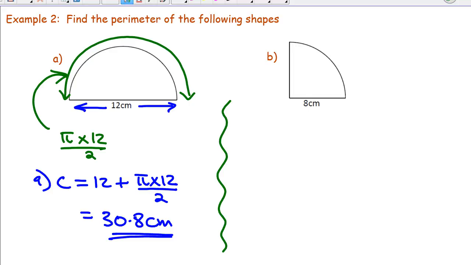Now in B, what you'll have to do is, again, inspect, and you can see that the distance from here to here is 8. The distance from there to there as well will be 8. What we don't know is the distance from this point to that point, which means I'll have to try and find this distance, which will be equal to,